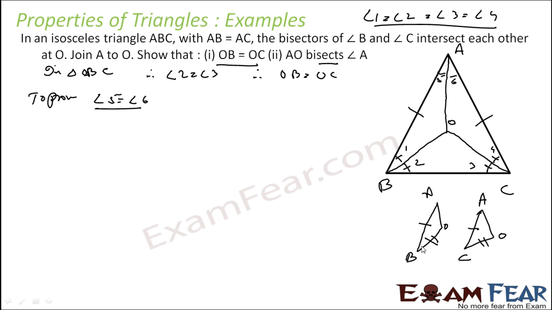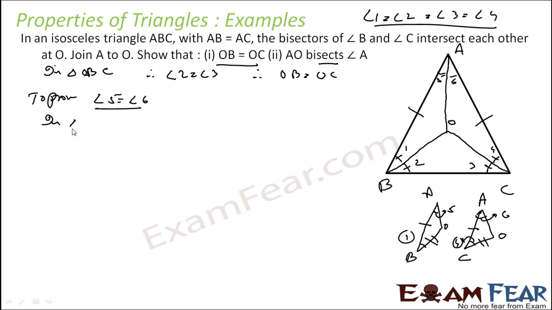And we also know that this angle is equal to this angle, while this angle is angle 1 and this angle is angle 4. Angle 1 is equal to angle 4, we know. Thus these two triangles are congruent. Then since these two triangles are congruent, this is angle 5, and this is angle 6. And with this, angle 5 will be equal to angle 6. You can actually prove it.